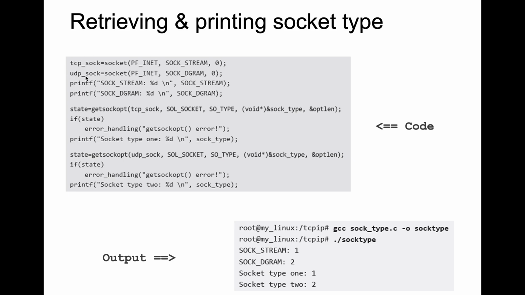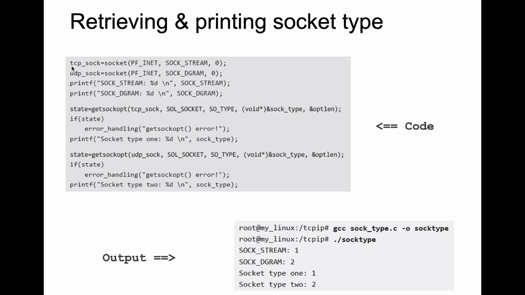So we created two sockets by using the socket function call, and then we are printing out the values of these that we have provided here. And what we are trying to do here is, before creating the socket, we already know what values we passed, but this value could contain some number, for example 1, 2, 3, or 4, and then we are printing out the values, after which we want to try to get the